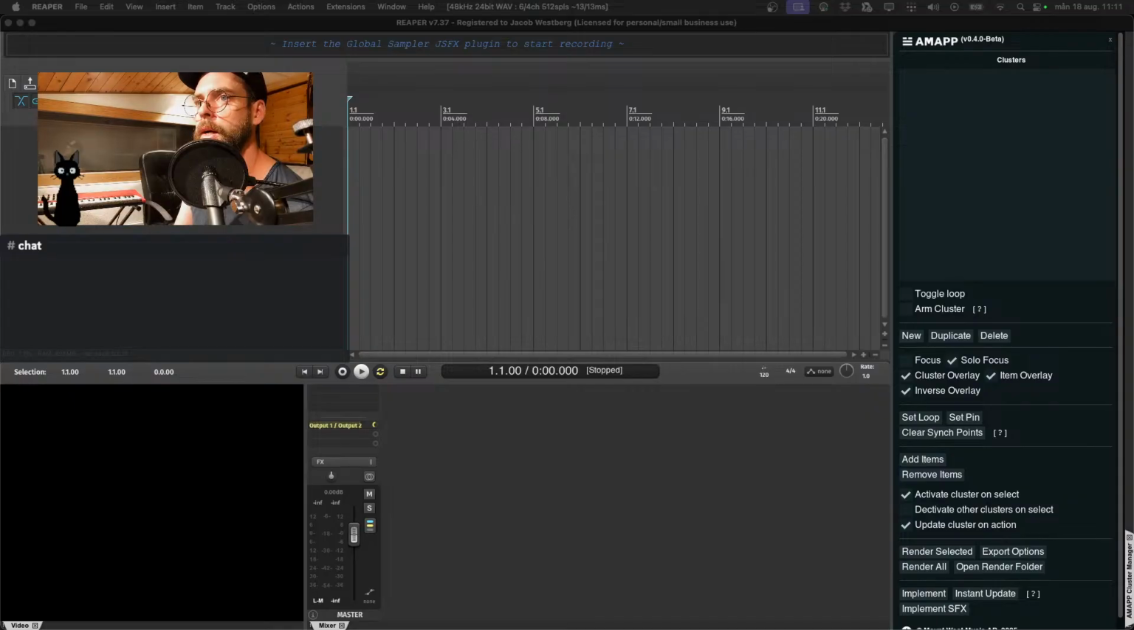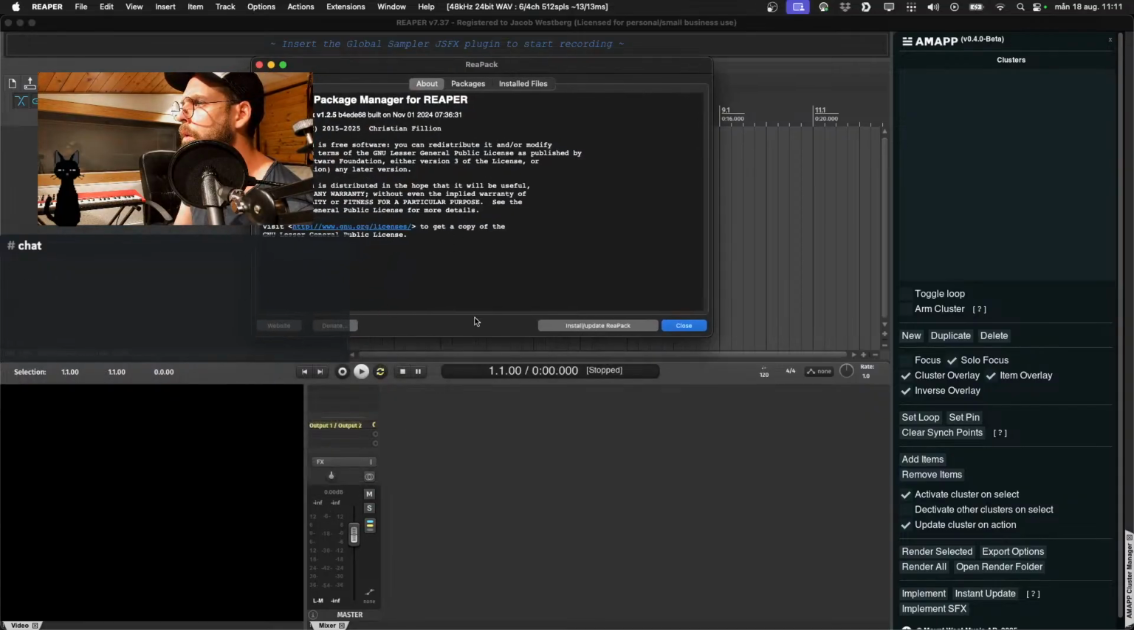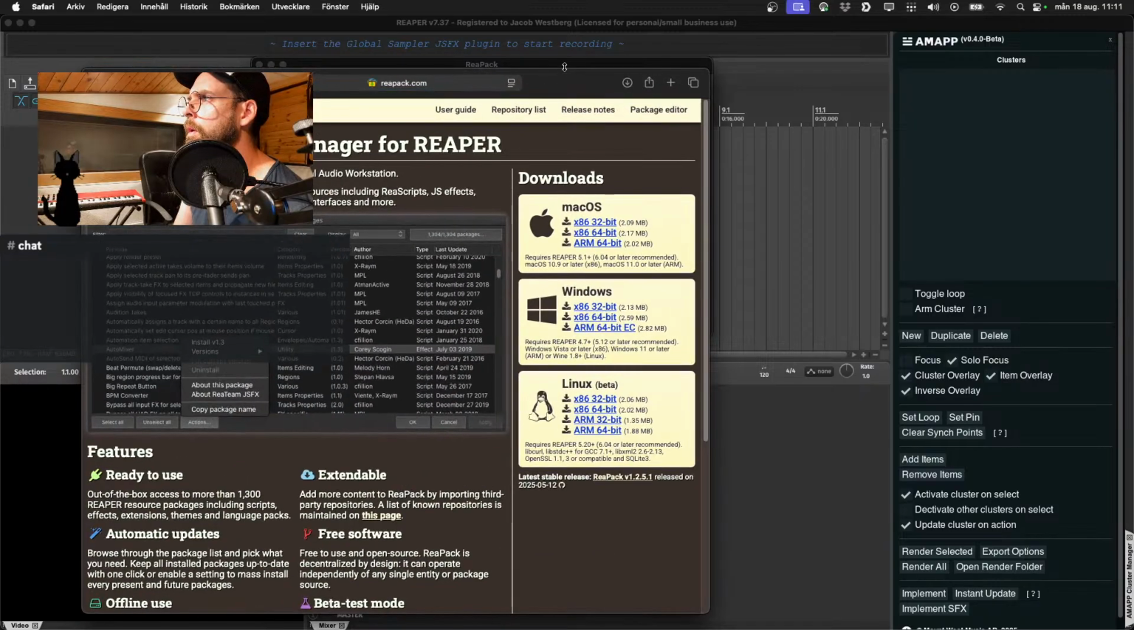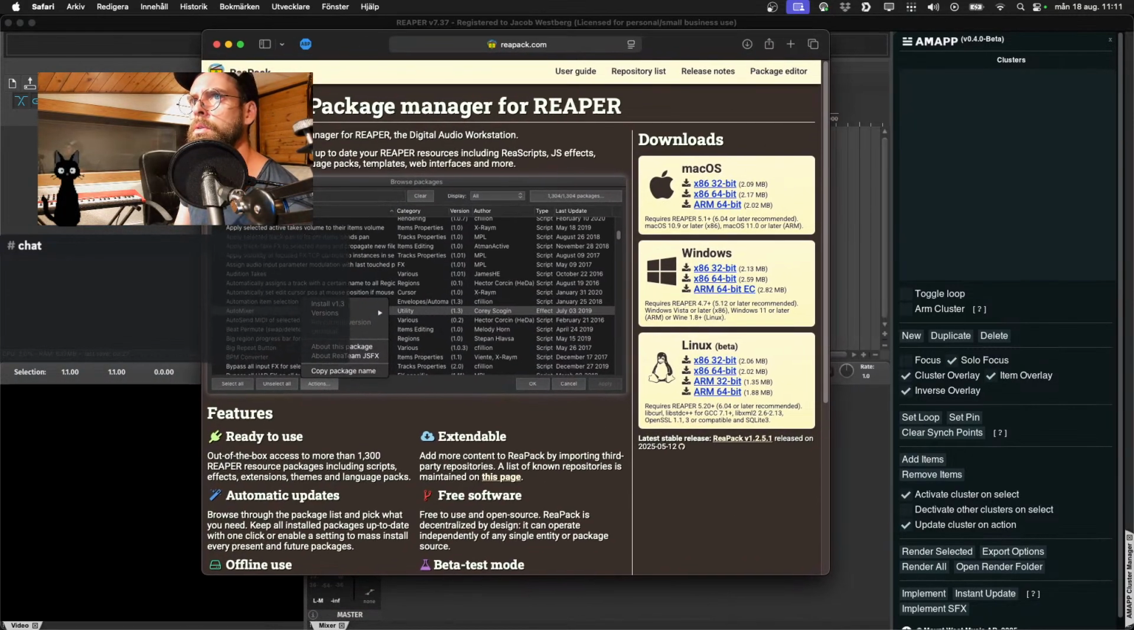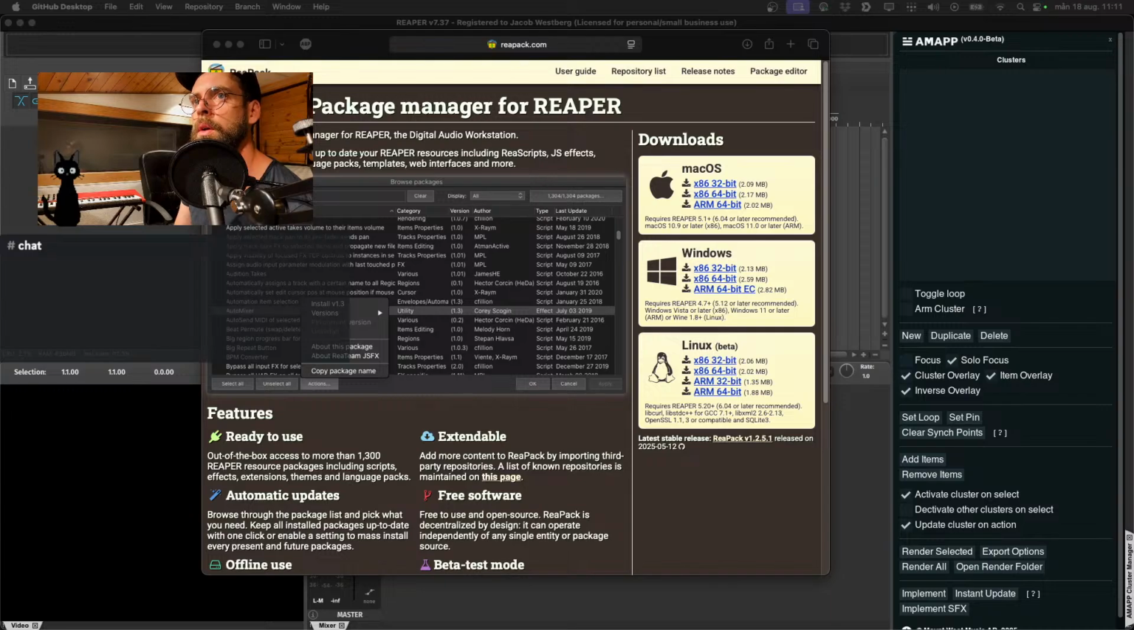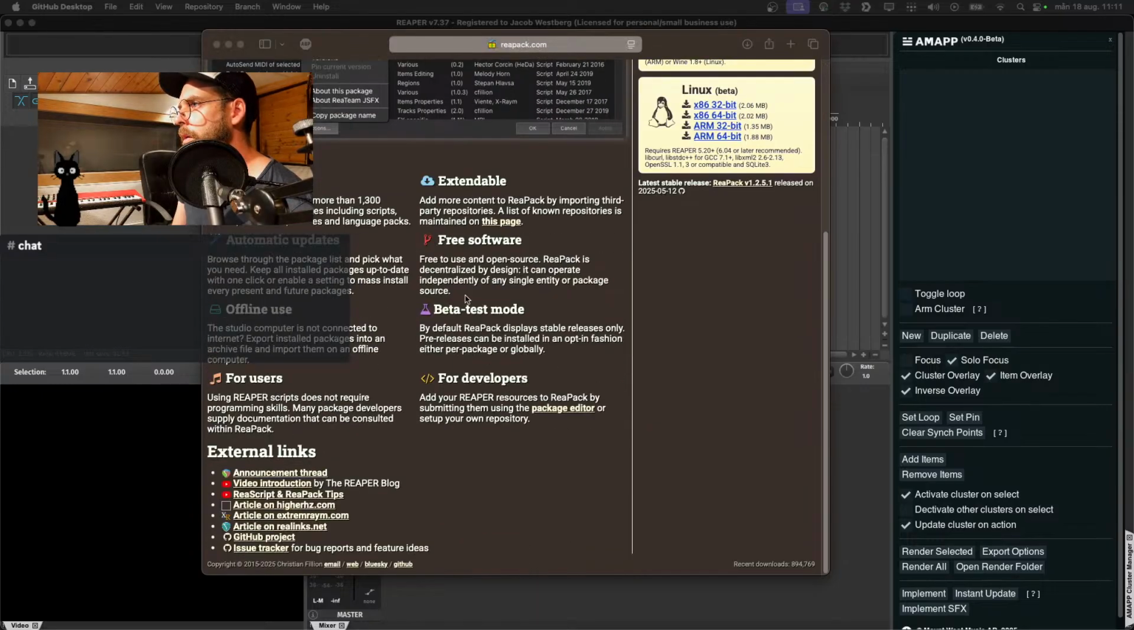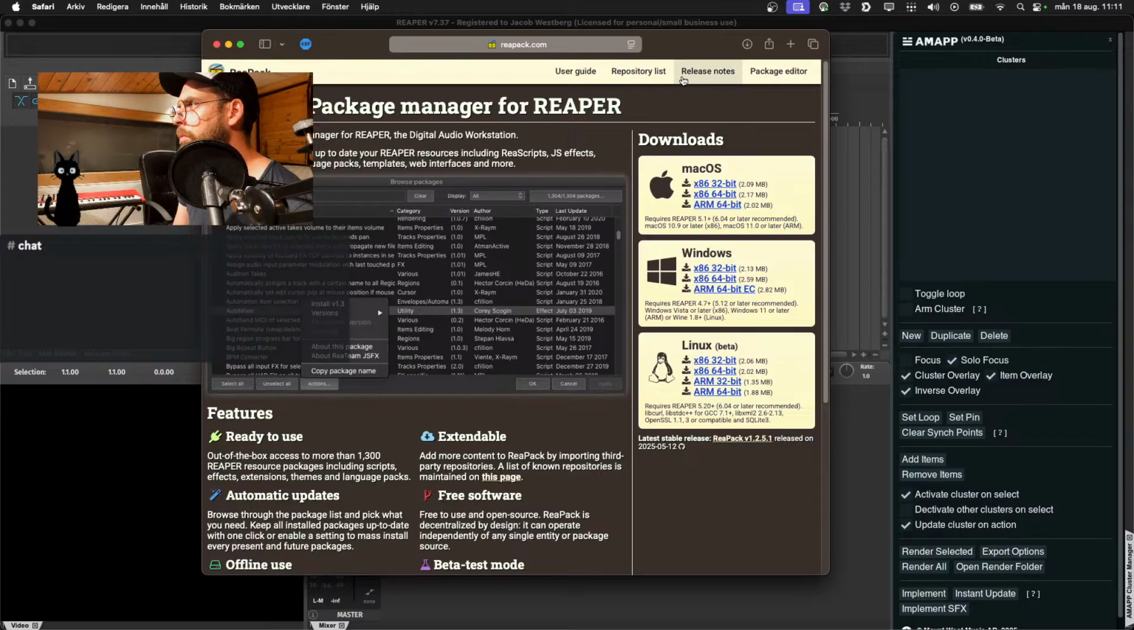So we could actually check out install update. We'll go to the website. They have quite an interesting system here for allowing developers to easily share, to easily distribute a Reaper script to the Reaper environment. And it is quite easy to follow, but it is a bit